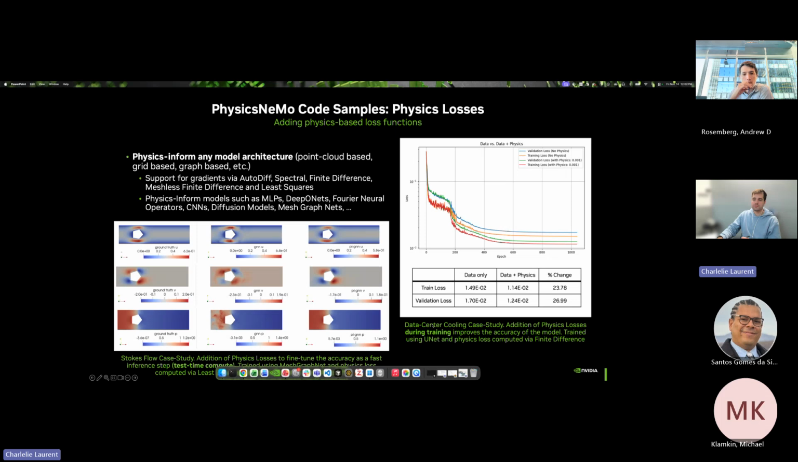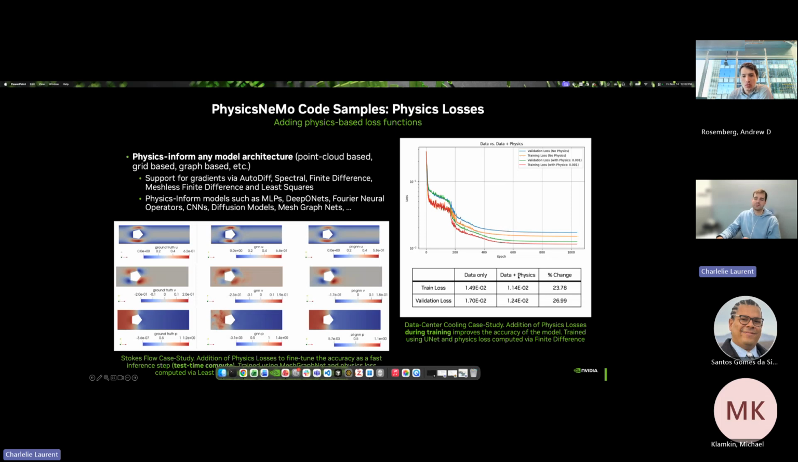Okay, so this is an example you saw before in the video. It's a data center cooling problem. I'm not sure if you paid attention to it, but it's also a CFD problem, a thermal CFD problem, right? And again, this shows the effect of adding the physics loss. Let's just look at the blue, which is the validation loss without any physics, and the green, which is the validation loss with physics. We see that we improved by about 25%